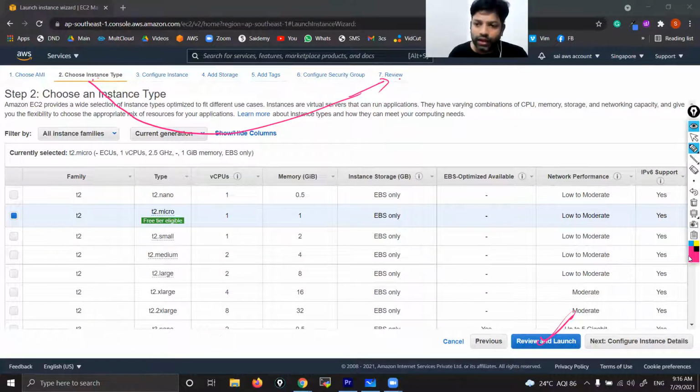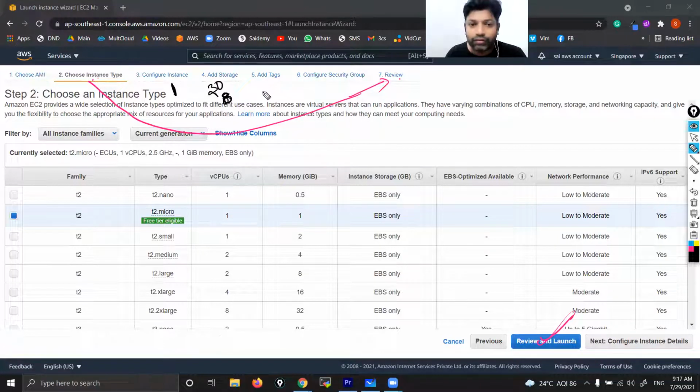Now you might be having notes. In all these stages, what are the options that will get selected? Simple. Configure instance: here one instance will be selected. This is the place where we choose the number of instances, so by default the number of instances will be one. Then add storage. If we choose Windows operating system, 30 GB will be selected only for C drive. If it is Linux operating system, 8 GB will be selected for the root drive. Since we selected Linux, here 8 GB will be selected. That's the default behavior.